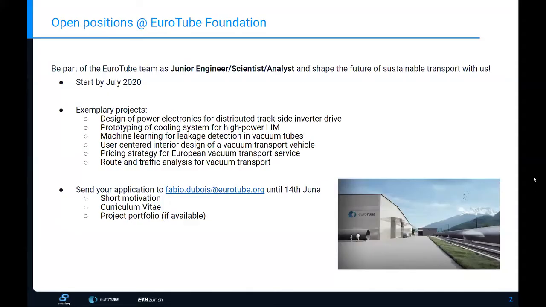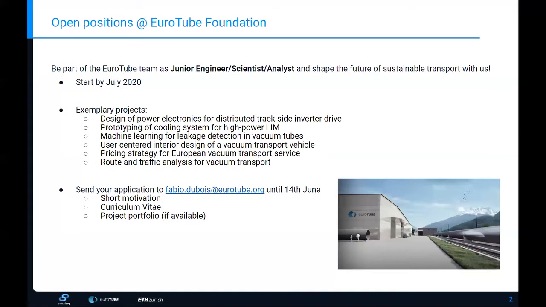Just want to give a quick announcement for the people that might get bored over summer or want to join a nice project. We are currently opening some positions at the EuroTube Foundation. We're having positions for junior engineer, scientists, and analysts. So we have a large variety of open positions that you can apply for. Please send me your application until the 14th of June so that we can start a possible discussion to get